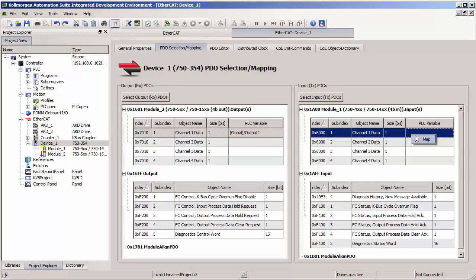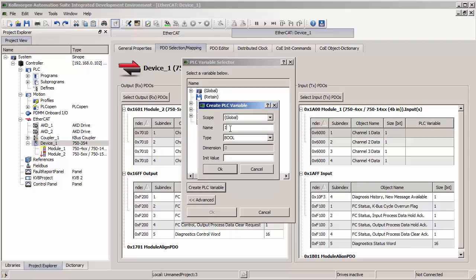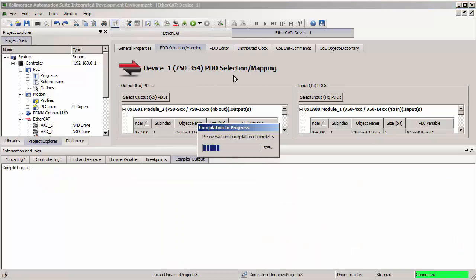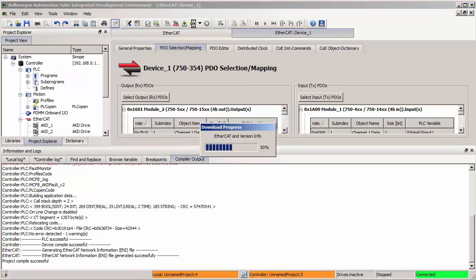I'm going to do the same for the first input on the 4-channel input slice I/O. Call it Input 1. Now you can't see my system, but I have physically wired input 1 to output 1, so there's a little test. I can connect to my controller, compile and download my program, start it running,